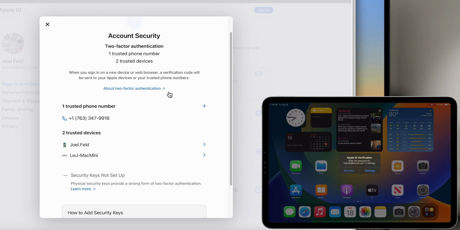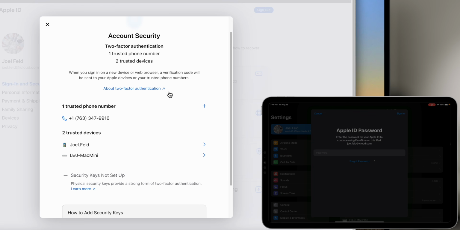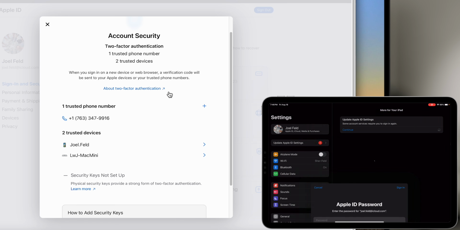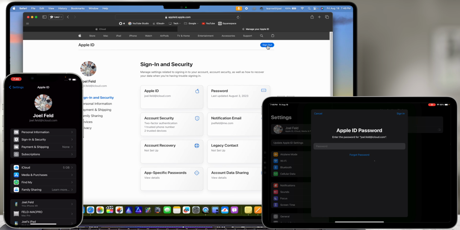So you'll notice the moment that I did that, I got a message on this iPad saying Apple ID verification, enter the password for this Apple ID in the settings. So I would need to go to settings and update this with my password to then make it a trusted device. Because now you'll notice if we sign out,